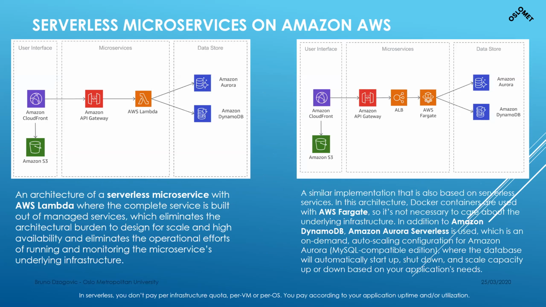There is also a possibility to deploy serverless infrastructure in a model of microservices. So on Amazon AWS, in Lambda, you have serverless microservices where you access the actual API gateway through the interface, which is your Amazon CloudFront. So literally through your web browser, you can instantiate a database or something else, Amazon Aurora, and you will have a database serving some site or somewhere else in your data store.